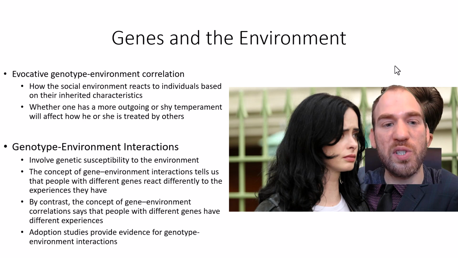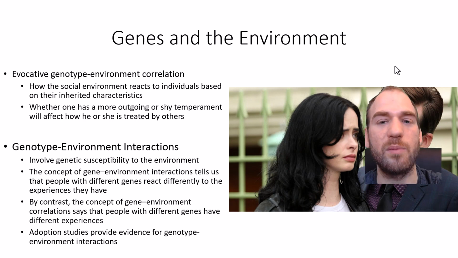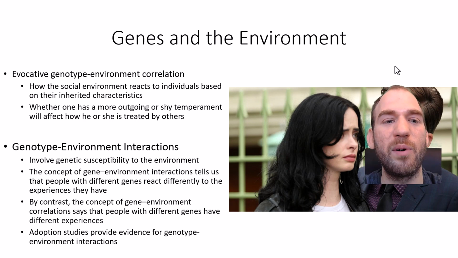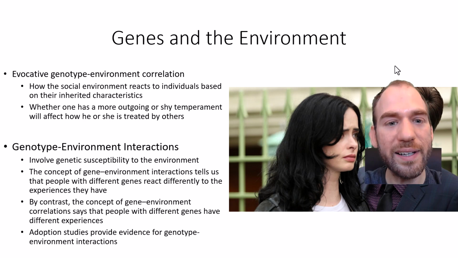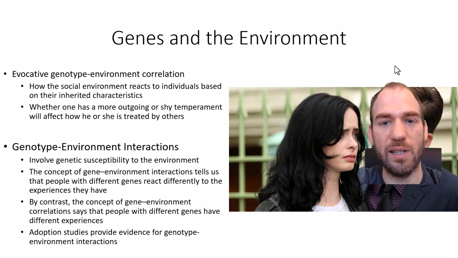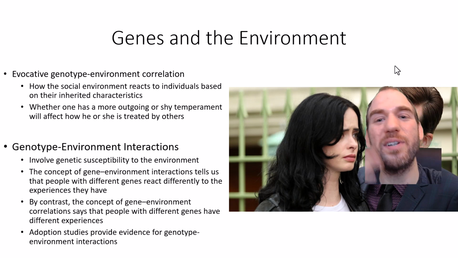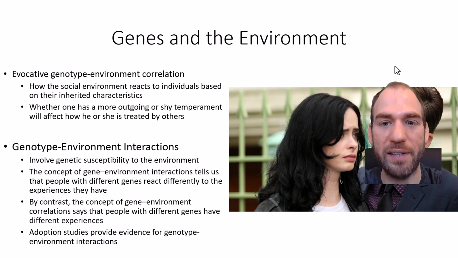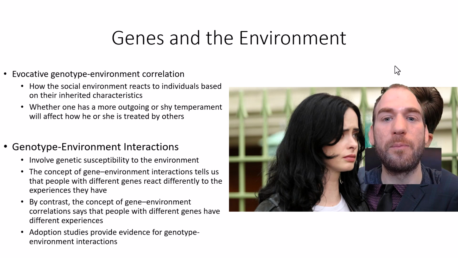So for example, say I'm very outgoing and thus I'm going out to the club. Other people are going to recognize me being outgoing. I'm dancing around, I'm drinking, I'm screaming, I'm going ham, I'm hitting the gritty. And people are going to recognize that, and then they're going to react to me in ways that hopefully are positive. They're like, whoa, that person's so extroverted. I'm going to treat them like they're extroverted and interact with them in ways that reinforce their genetic predisposition of extroversion. So in this case, the environment is reacting to the way that we are acting within a given environment, and this reinforces those genetic tendencies.